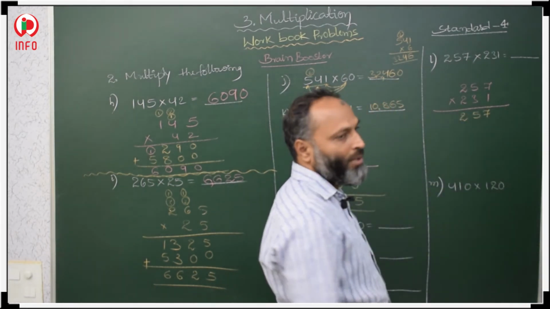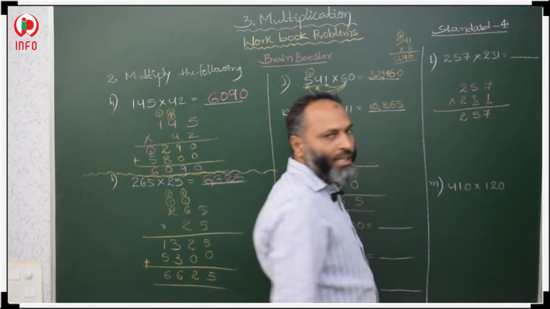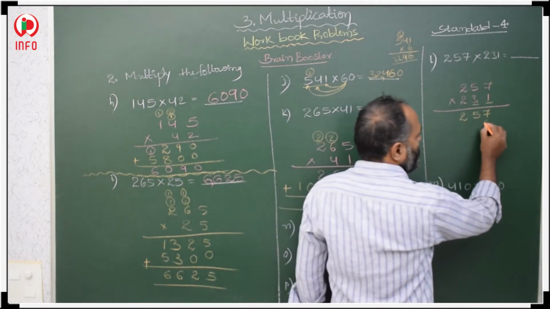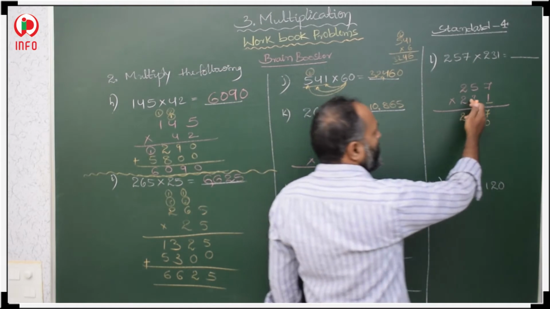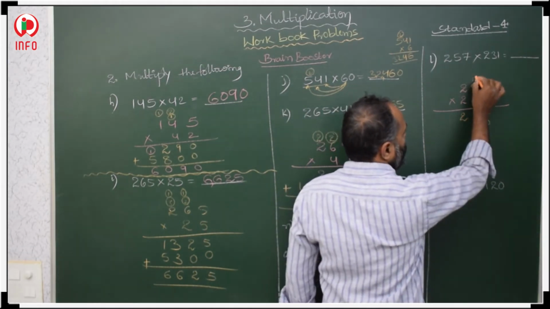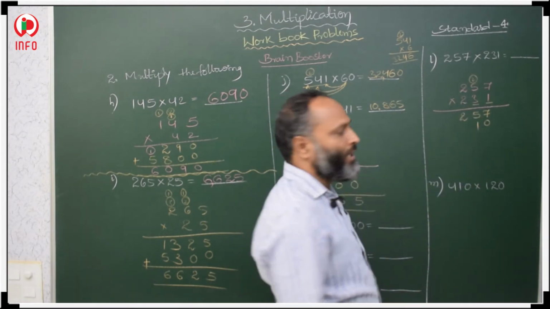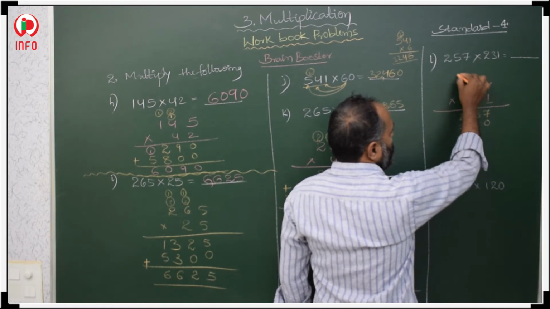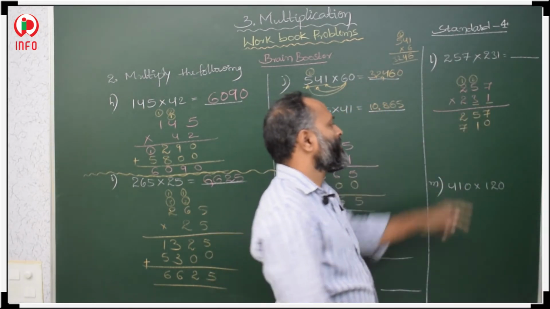Then after that we have to multiply with 3. 1 is over, next 3. 3 is in tens place. So we have to keep a 0 in unit place. Then 3 7s are 21, 2 carry over on tens place. 3 5s are 15, 16, 17. 7 is in hundreds place and 1 carry over on hundreds place. 3 2s are 6 plus 1, 7.